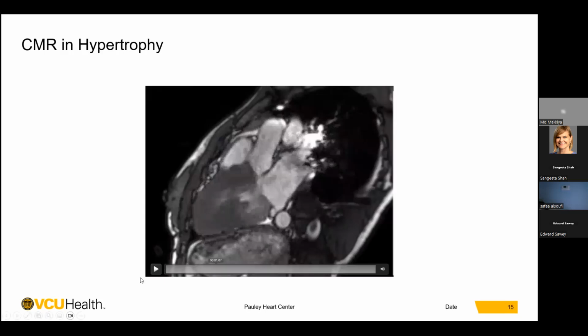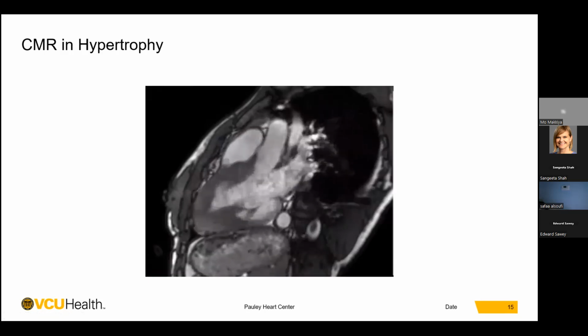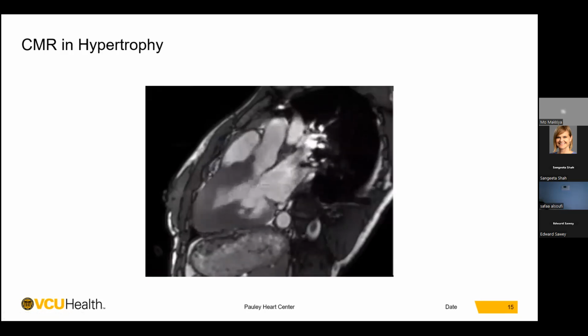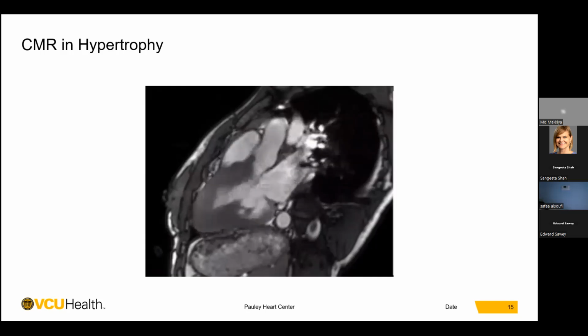Moreover, MRI also does not follow geometric assumptions like we do in echo, and you can really be parallel or perpendicular to the LV mass to get an accurate